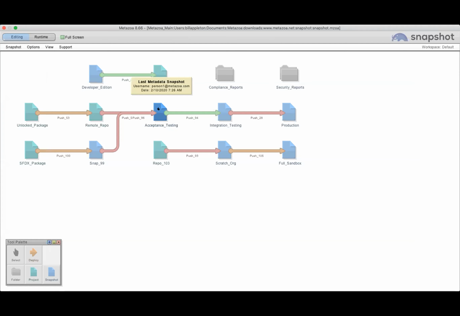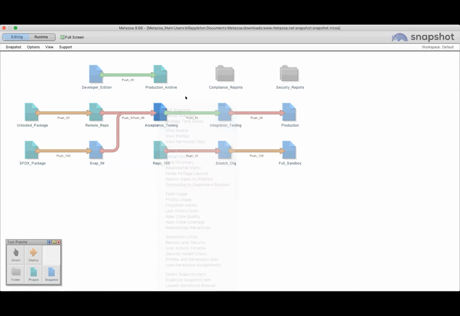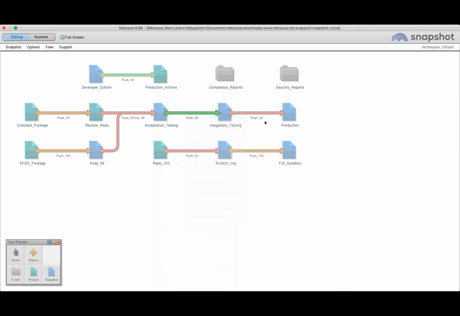The full snapshot technology will actually conduct multiple transactions with the Metadata API, pull all of that metadata down, and stitch all of that back together. So it's very sophisticated, but if you've got a really big org, it can still be slow. So the next thing I want to talk about a little bit is deployment. So if we click the arrow and look at the Deploy Metadata tab,